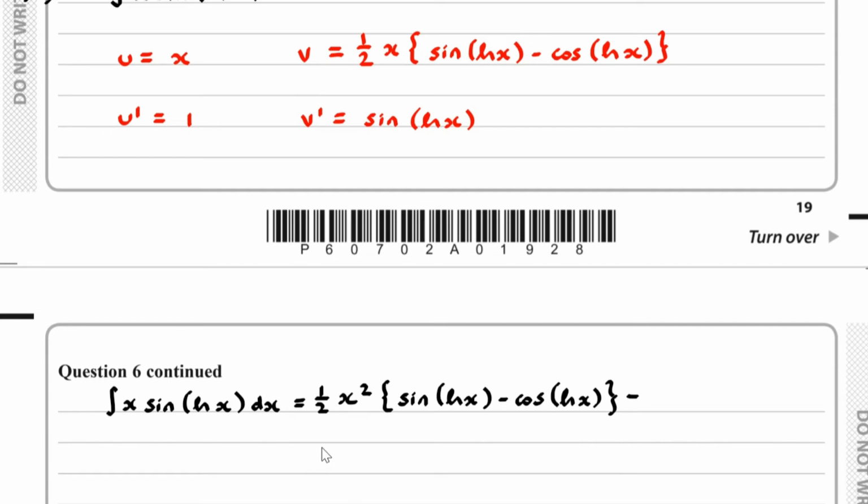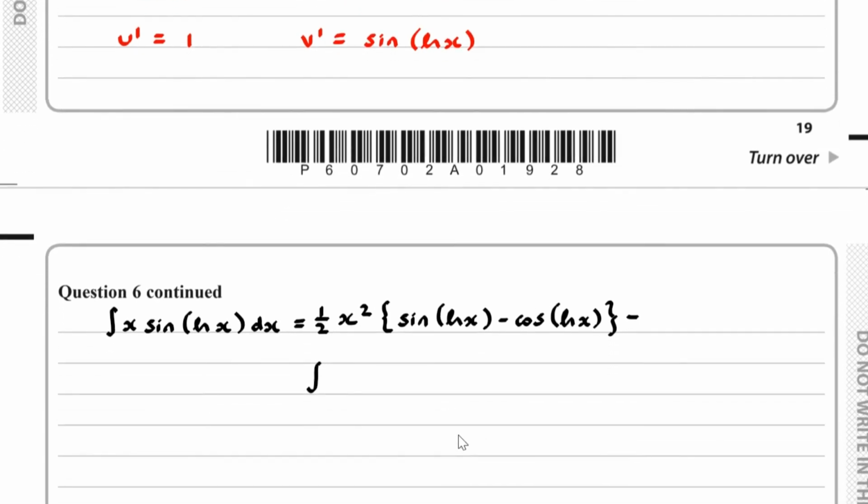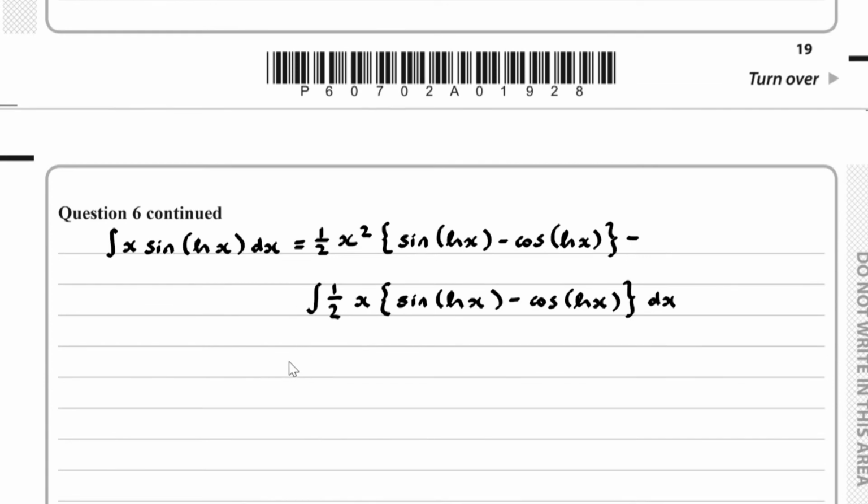So we subtract the integral of vu dash, so I've got 1/2 x times the sine of the natural log of x minus the cosine of the natural log of x dx. Now, what we'll do is we'll expand